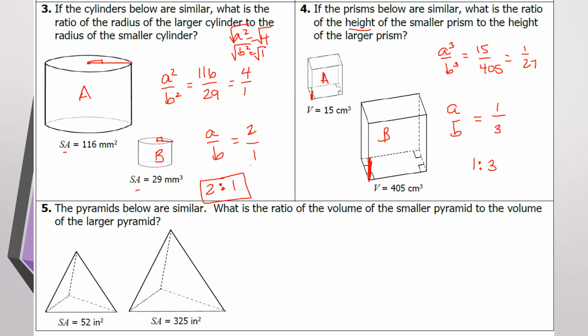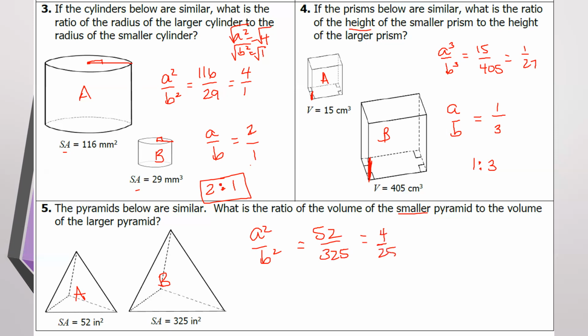And then number 5 is one where they give us the surface area and they're asking us for volume. So again, surface area can't talk to volume. So we're going to take that surface area ratio, find our scale factor, and use the scale factor to find the volume. So surface area, A squared over B squared. It's a smaller pyramid to larger pyramid. So this is pyramid A, pyramid B. Surface area is 52 to 325. Reduce your fraction,